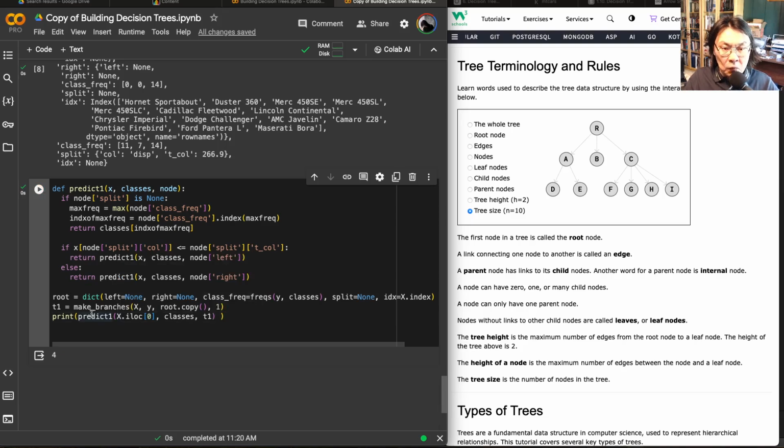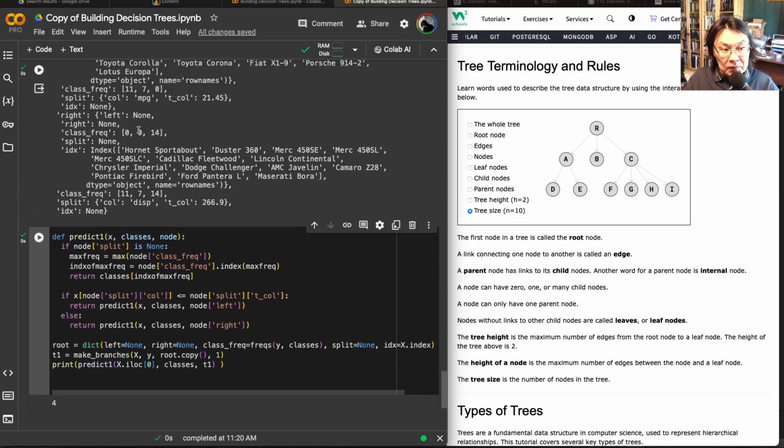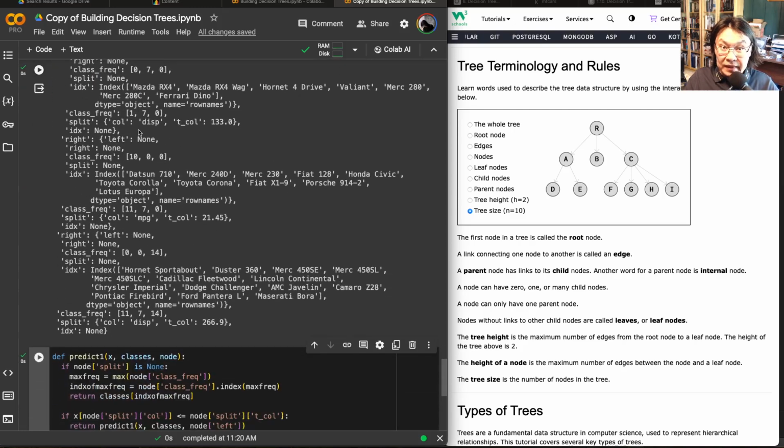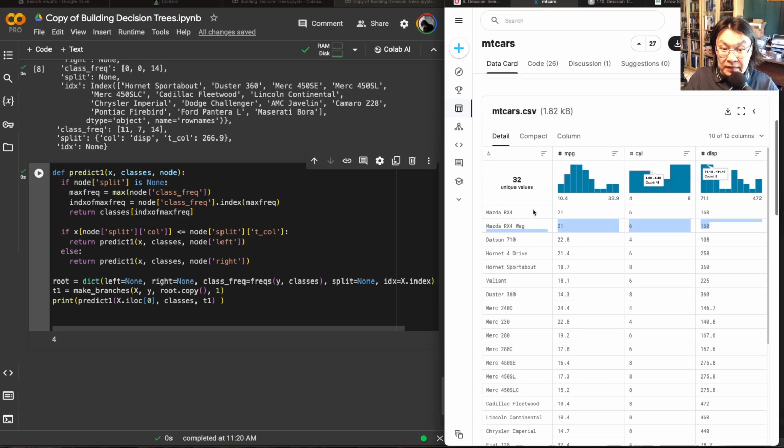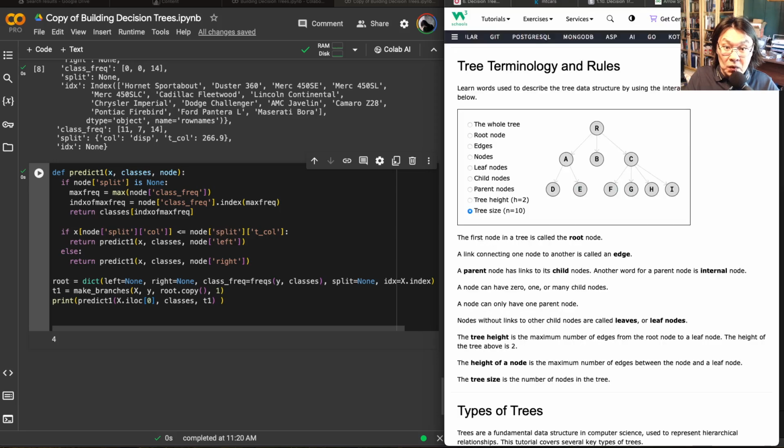It's predicting 4, right? So how did the predicting 4 work? We remember this is a full tree, but what if we trained only one level? Then we would have looked at whether the displacement was lesser than 266.9. I don't remember what the displacement was, but we can pull it from mtcars. The very first line, Mazda RX4, has displacement 160, which is lesser than 266.9. So it should go to the left side of the tree, right? So it should go to the left